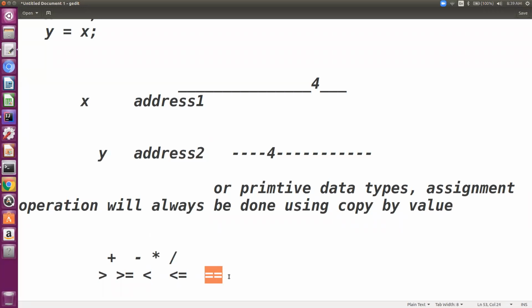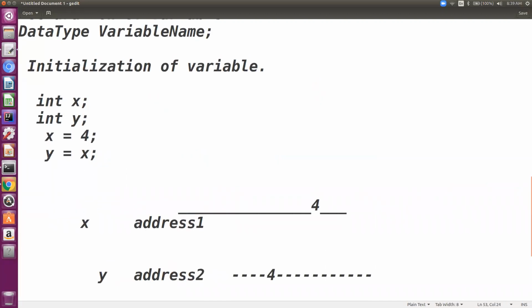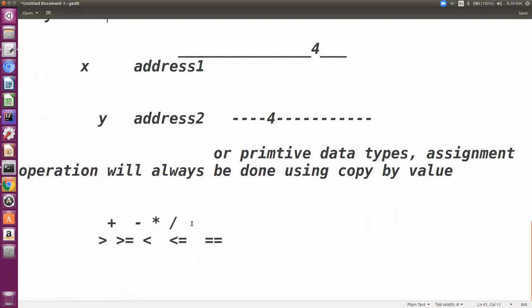A equals B. There is a difference between y equal to x and y equal to equal to x. Here we are assigning the value of x to y, and here we are comparing, is y same as x or not. So there is an equal to operator, then there is a not operator, and I'll tell you what all those are. Are there any others?